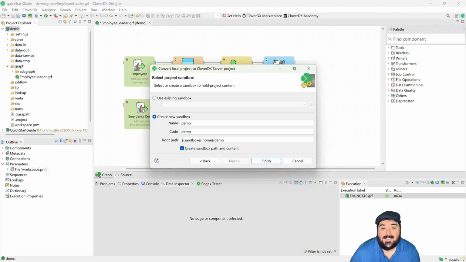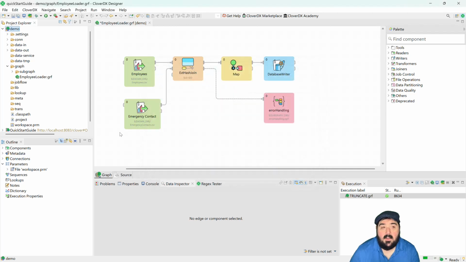Notice it's called a sandbox now. Previously we were calling it a project, and now we're calling it a sandbox. Don't get confused. They're the same thing. Sandbox is just the name that we use for it when it's on the server, and project is the name when it's on your local computer. So I'm going to click Finish, and